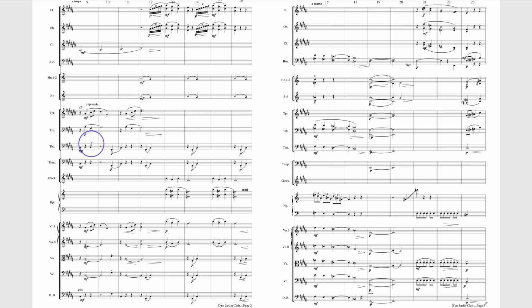So it's really better to mark sections, groups of players with similar dynamics, and then just have the register do the work of the dynamic balance within the section of players. Okay, and then so this is all fine. The harp and the staccato, and